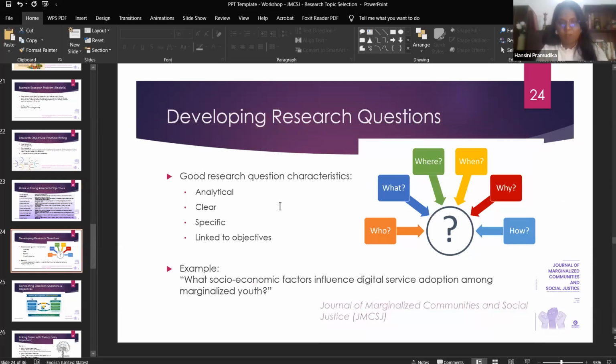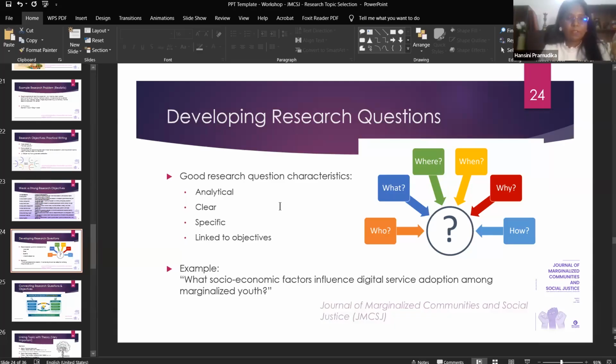This is also important, right? The research questions should be aligned with research objectives, right? Those are interconnected, right? Interdependency is there. Research objectives and research questions, right? You have to have a proper idea about research objectives when you are going to create research questions, right? Good research question characteristics: analytical, clear, specific, linked to